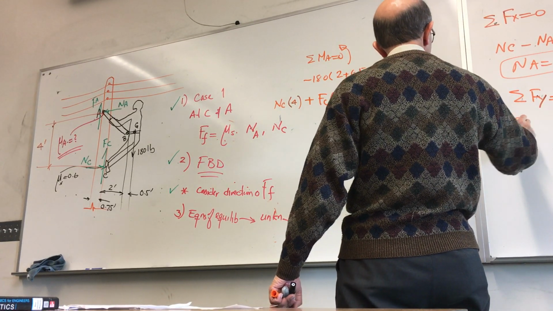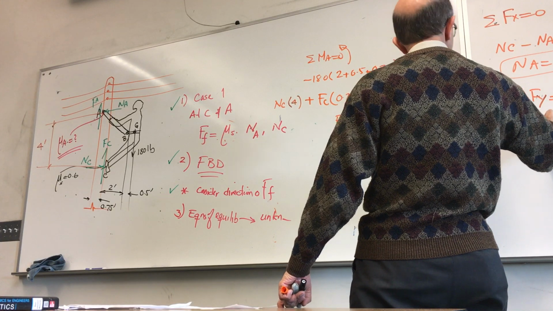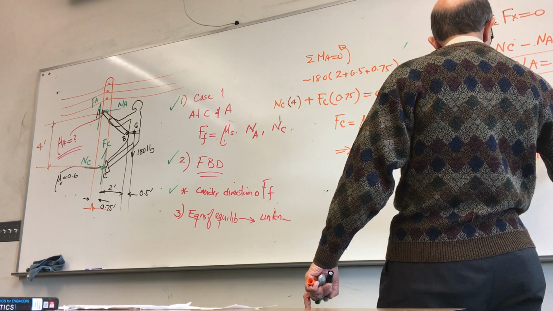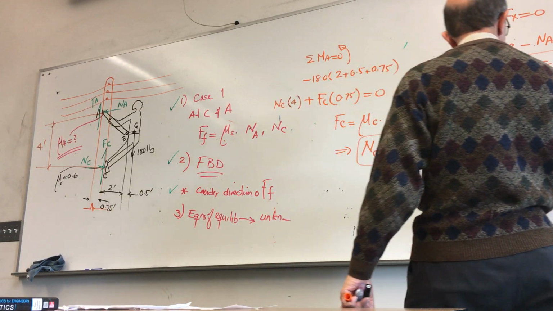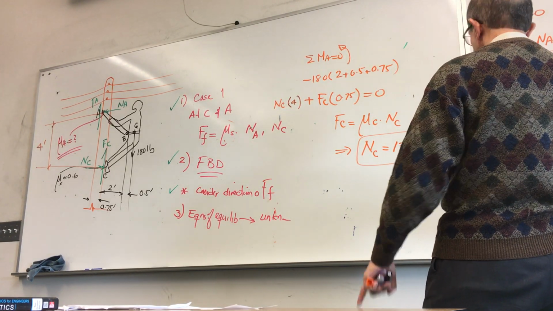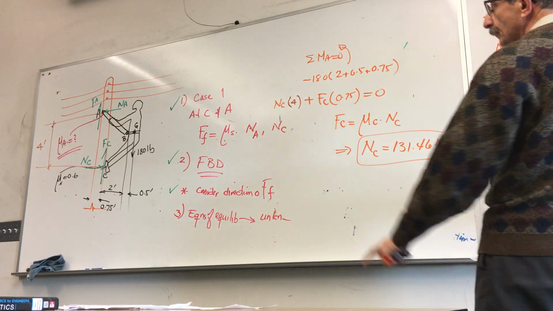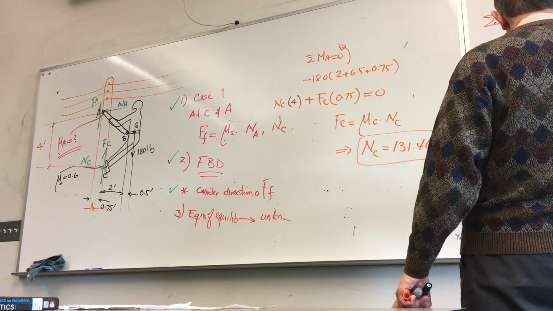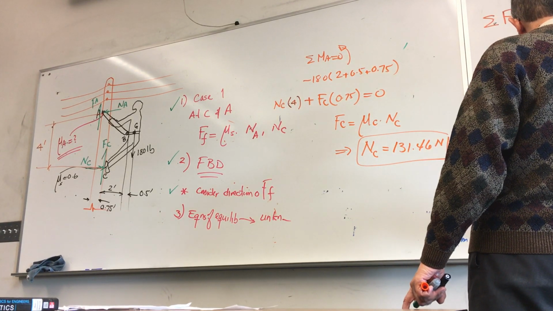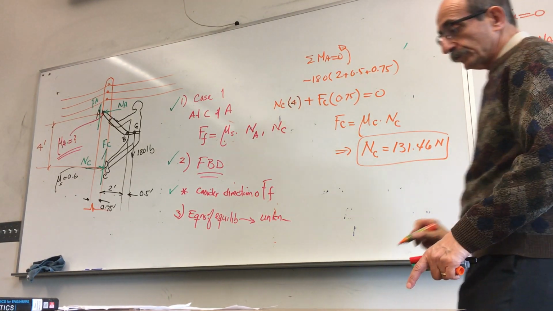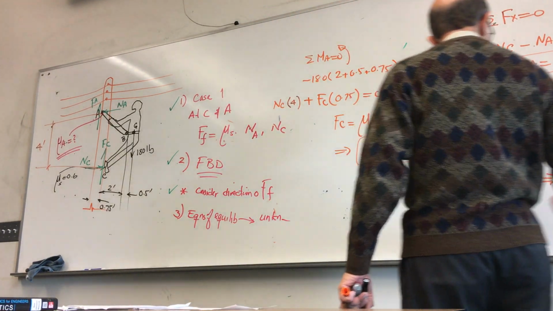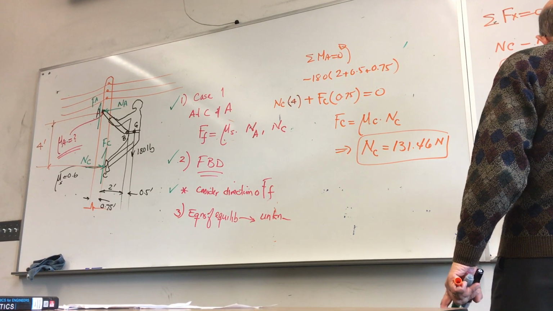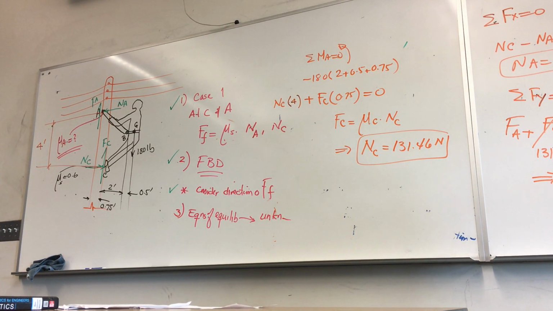So you have FA plus FC, which is 131.46 times 0.6, right? Minus 180 is equal to 0. That will give you F at A is equal to 101.1 Newton. So the force of friction would be